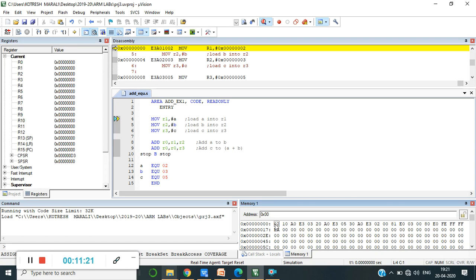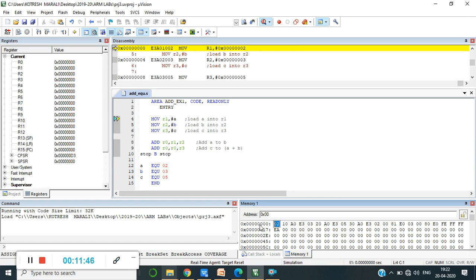I already told you in one of the classes that the instruction is 32-bit in the ARM processor, the register content is 32-bit, and the address of the memory is also 32-bit, but the width of the memory is only 8-bit. See here, 02, which is a hexadecimal value.